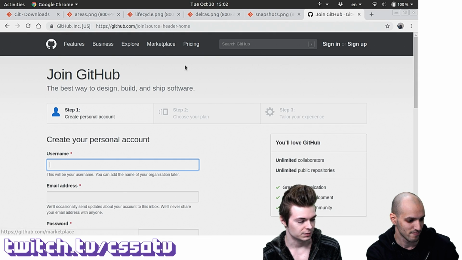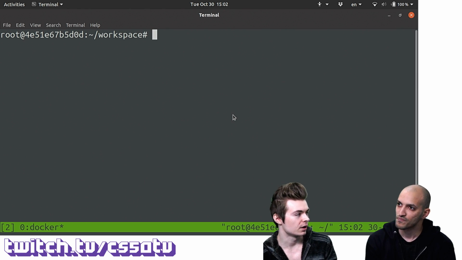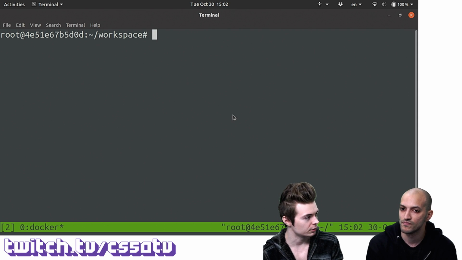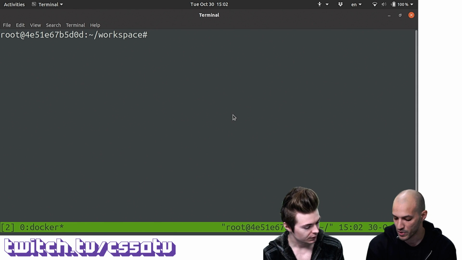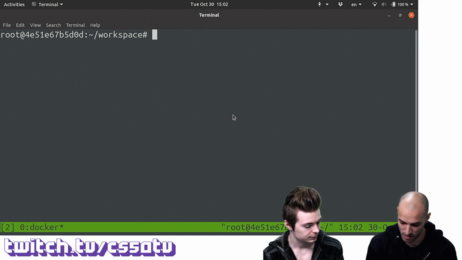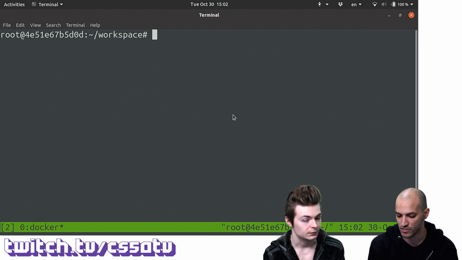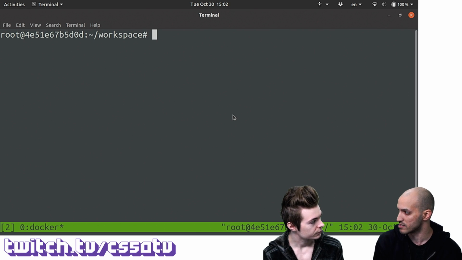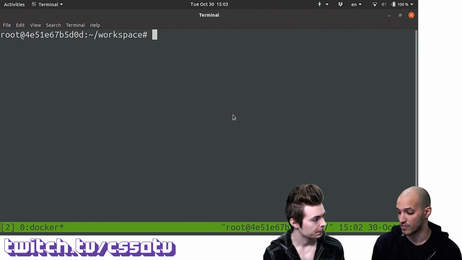Okay. So Git is the tool we use on the command line, and GitHub is where we can push our code and store it and let other people see it and work on it, right? True. Yeah, we're going to discuss this in a bit more detail later on. Git is mainly a command line tool, but it also has graphical user interfaces if you'd like to use one. I personally use it on the command line, which is easier for me. But you can definitely download the graphical user interface for it and use it.